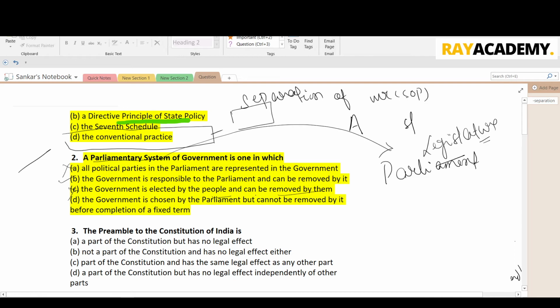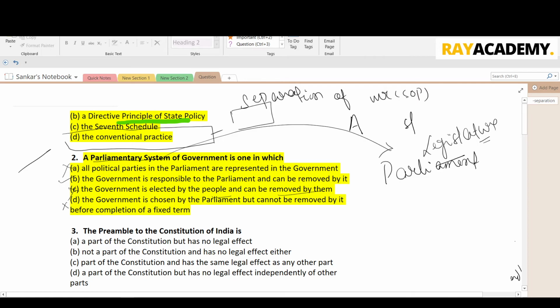No. After 5 years, they automatically go as the term is completed, but the word removal is not appropriate here. First of all, we do not have referendum in India. Referendum means if you elect someone, you can also remove the person. So this is also not a correct option. What about answer D? The government is chosen by the parliament but cannot be removed by it before the completion of a fixed